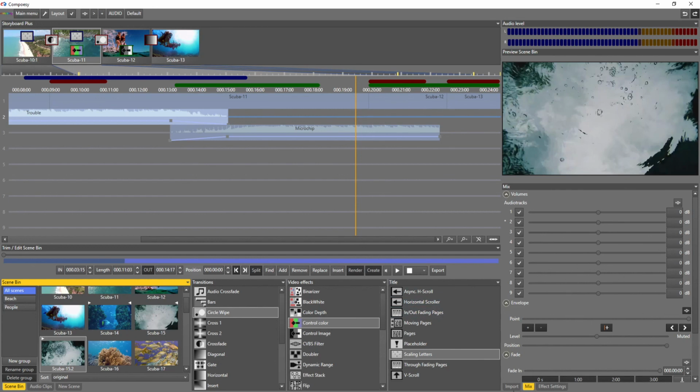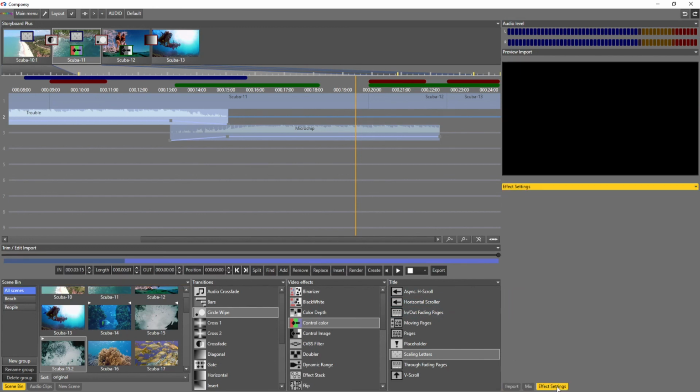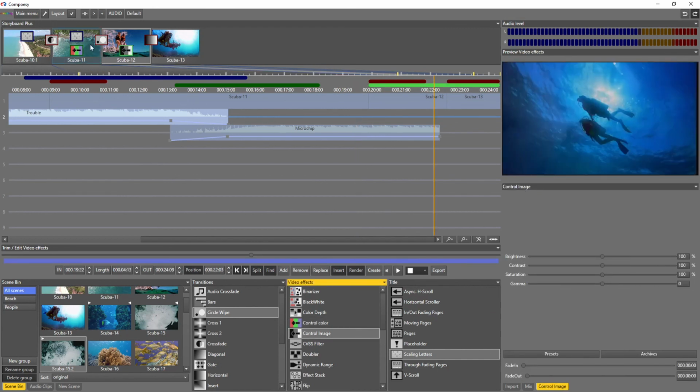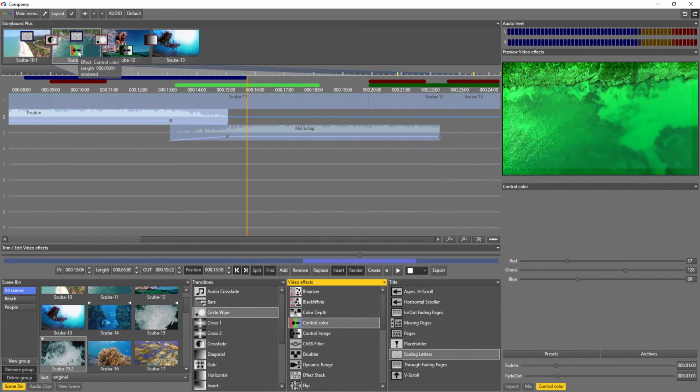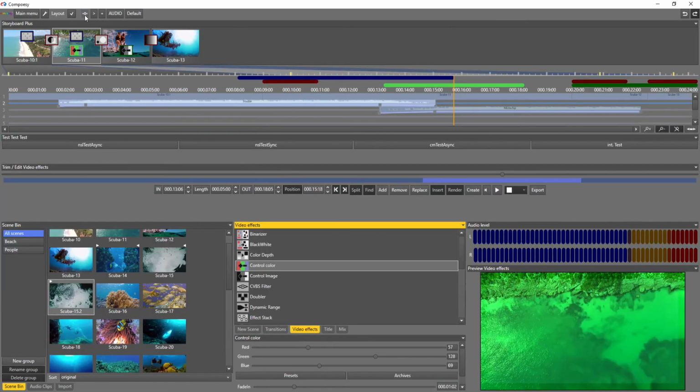My mixer, my import, and the effect settings to alter any effect. Feel free to experiment with different layouts, and remember, if you run into trouble, just reset them to the defaults.